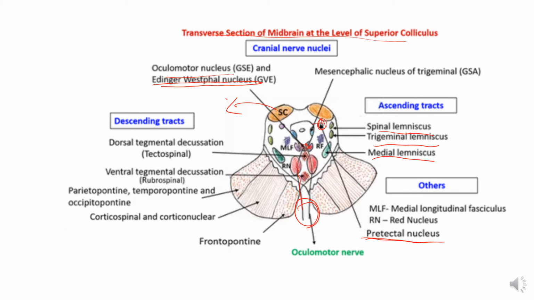The red nucleus is a rounded mass of grey matter situated between the cerebral aqueduct and the substantia nigra. So these are the red nuclei. Its reddish hue seen in fresh specimens is due to its vascularity and the presence of iron-containing pigment in the cytoplasm of many of its neurons.